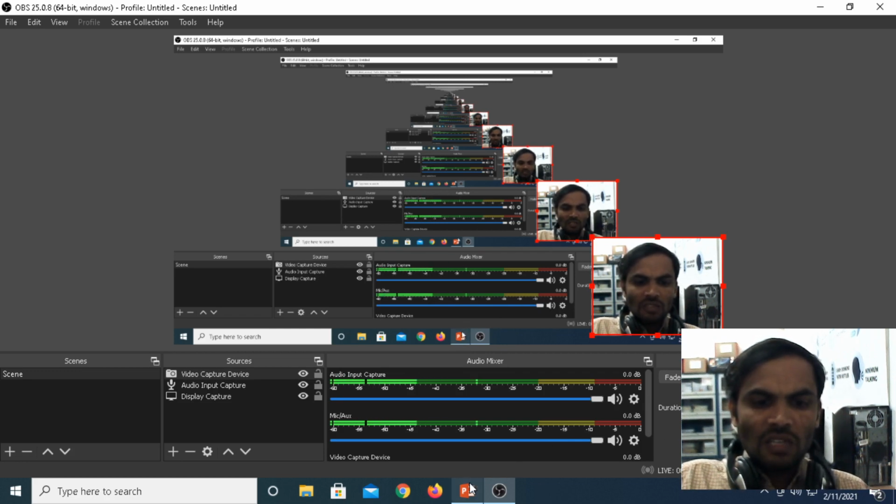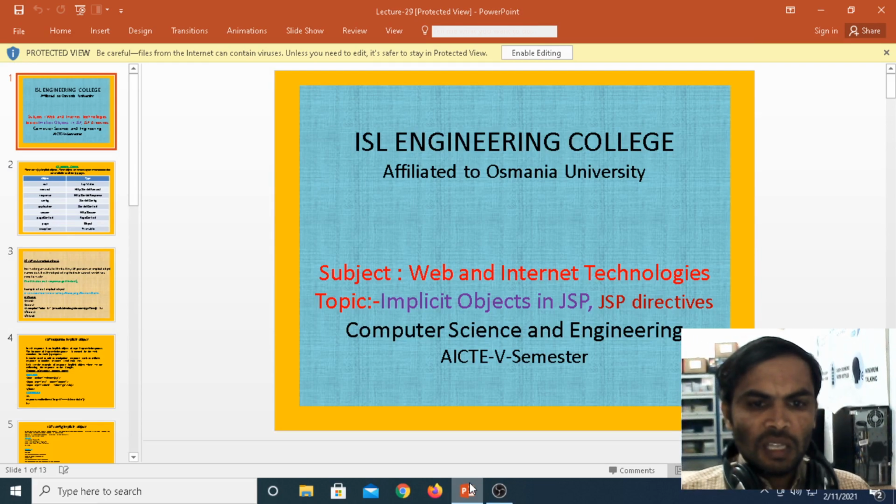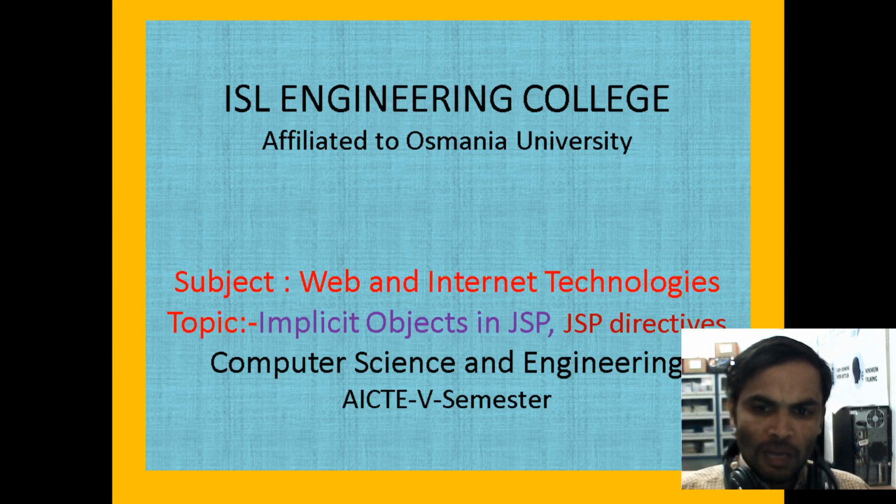In today's class, you are learning about objects. These objects we are not creating under JSP. Under Java Server Pages, we have implicit objects. Implicit objects means that the web container itself is creating the objects internally. We are not creating them. At the time of deploying your project or application under the web apps folder or under the web container, the web container or web server implicitly creates the objects.